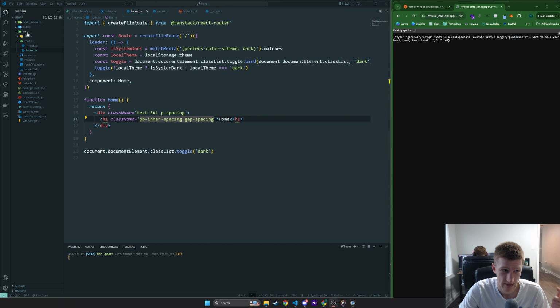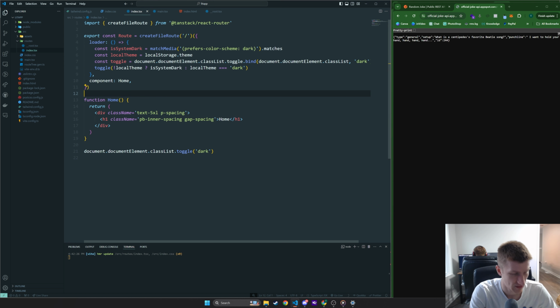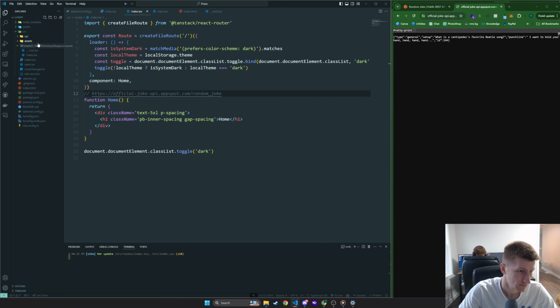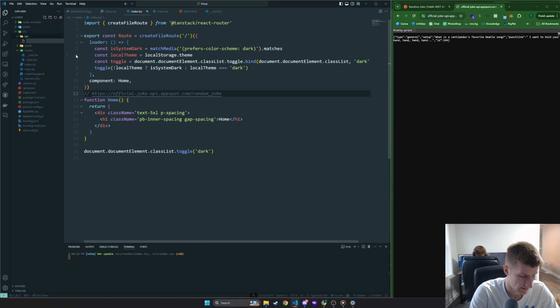What that means is I'll show you. So I found this API that I can use, and there's a little cat here, that will give me a setup and a punchline for a joke. And so how we're going to use this API, which I'm going to add as a comment right here, is create a new folder inside the source folder called API, and create a new file, and it's going to be called